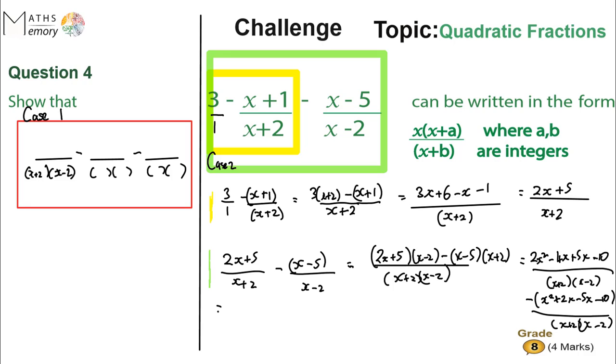Right, let's see, we have more space over here. So now if we expand this, simplify these two middle bits rather over here and take the minus signs, we're going to get this 2x squared plus x minus 10 minus, open brackets, x squared minus 3x minus 10 over x plus 2, x minus 2, which is actually x squared plus x minus 10 minus x squared plus 3x plus 10, which will give us over here